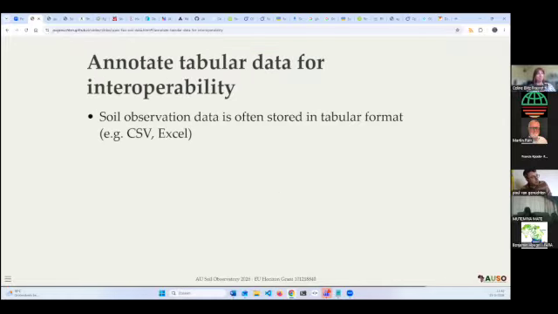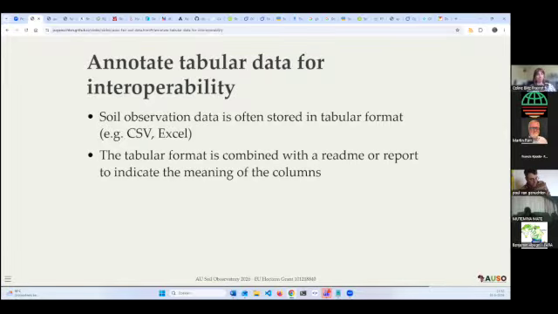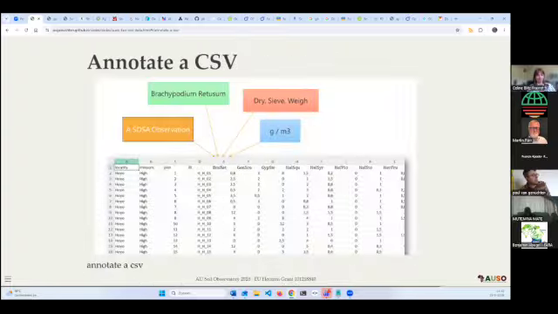And because soil data is typically tabular, we've seen that a lot. It's either in CSV or Excel or some database format, where you typically have a tabular format. And here we suggest an approach where these annotations are brought at the column level.